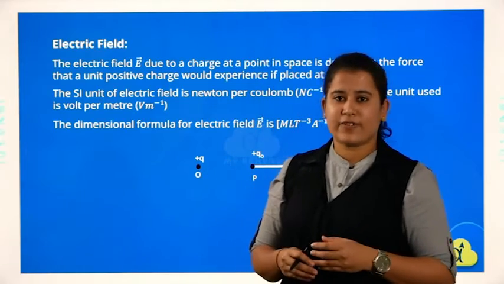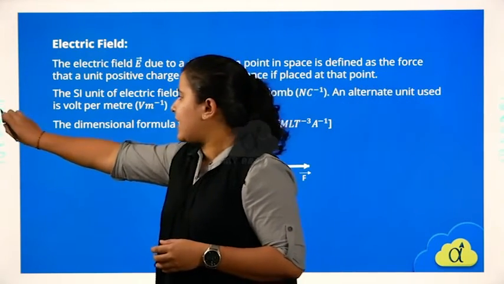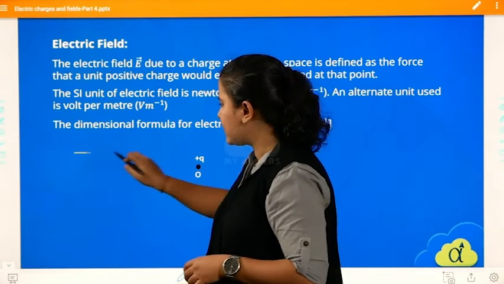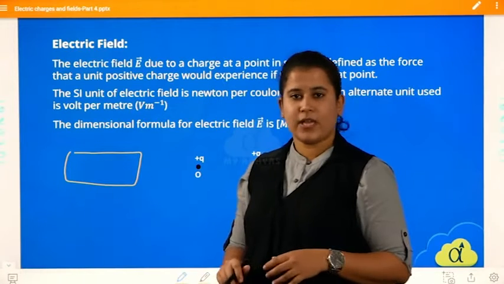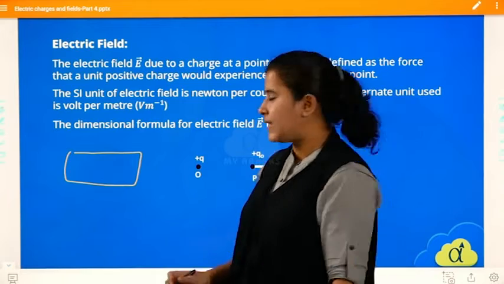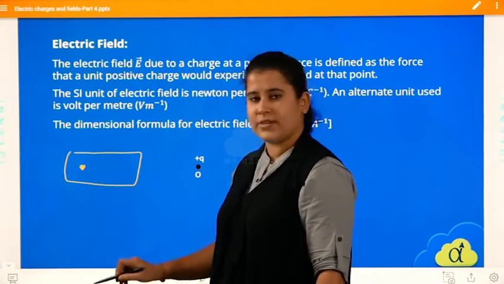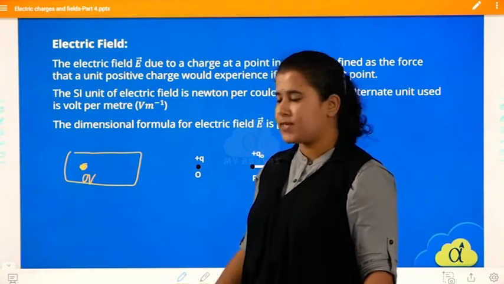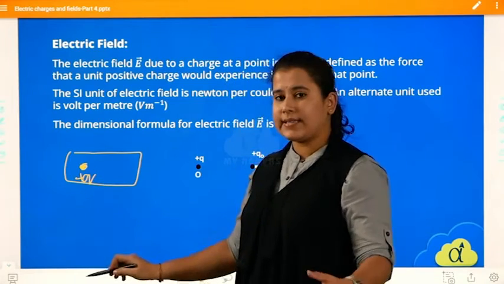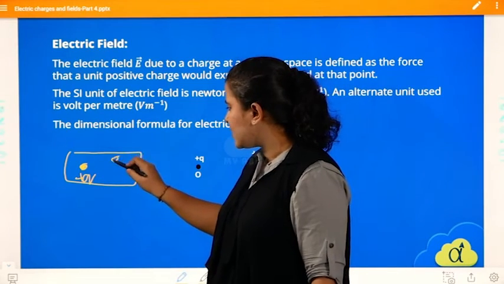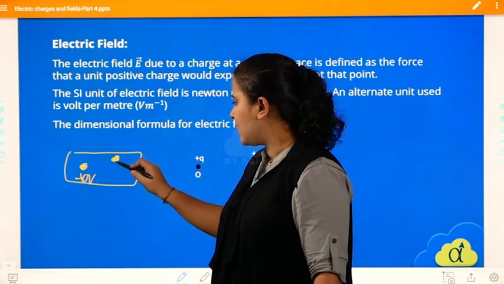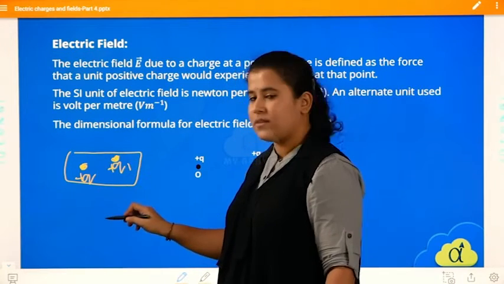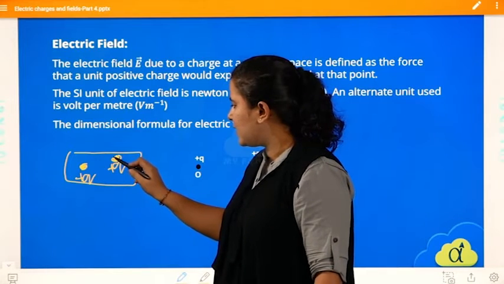So coming to the definition of electric field, first I'll give you an example. Consider this a surface, a conductor. When I consider a conductor here, there is a charge here. For example, this is a charge, so I'll name it plus Q. Next, I'll bring another charge in the same conductor, and I'll name it plus Q1. So this I am bringing nearer.